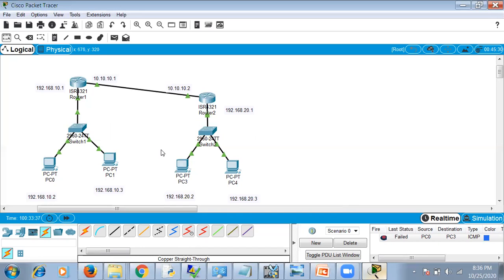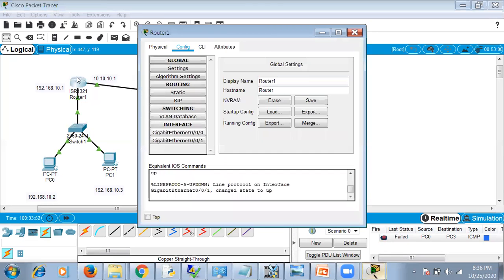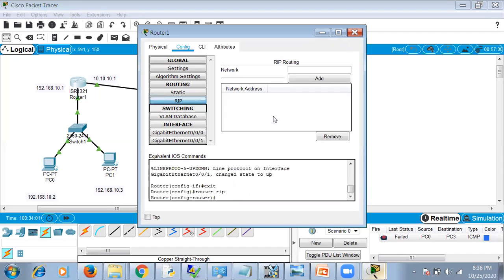There is something called dynamic routing, which will calculate the routes itself. To find out the route, you have to set the addresses. Click this router. You have to set up the LAN addresses which are connected to this router. Here you have to give all the network addresses. This router is connected to 2 different LANs, so give the network address. The network address of this is 192.168.10.0. Click on add.